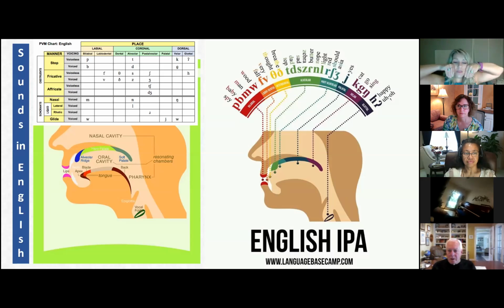Basically, you're humming with your nose. So the nasal sound here, you have with your mouth closed, and it's a bilabial sound because your lips come together, okay? And the alveolar sound then is